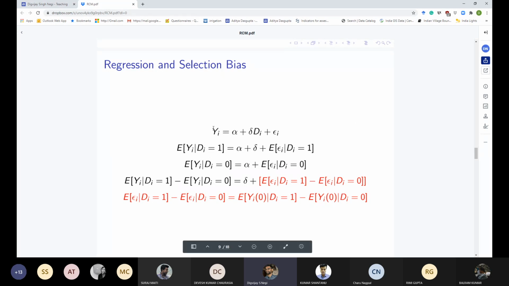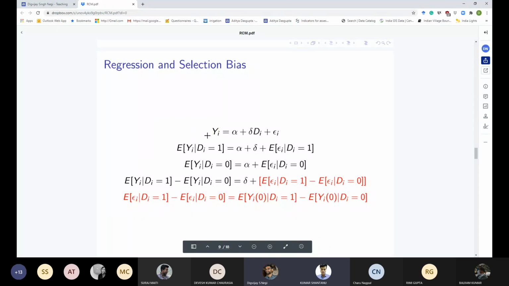So consider this very simple regression equation, where yi again is the observed outcome and di is the treatment status, as we defined before. You can write a regression like this: an intercept term, a slope coefficient delta, and the error term. And we know what this delta will give you, right? What will this delta give you? Anybody? So what is this alpha? Suppose you run this regression. Let's take the example: the average effect of the non-treated group is alpha, and delta is the average effect of the treated group.